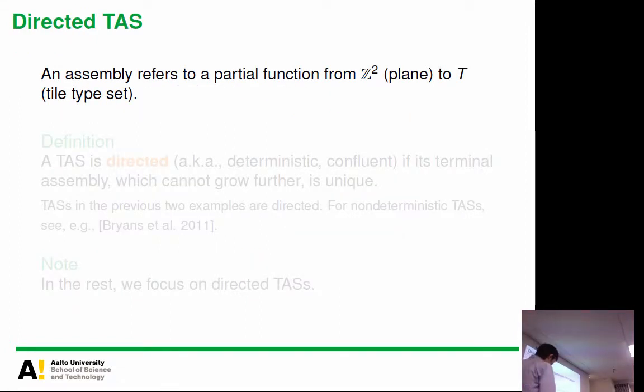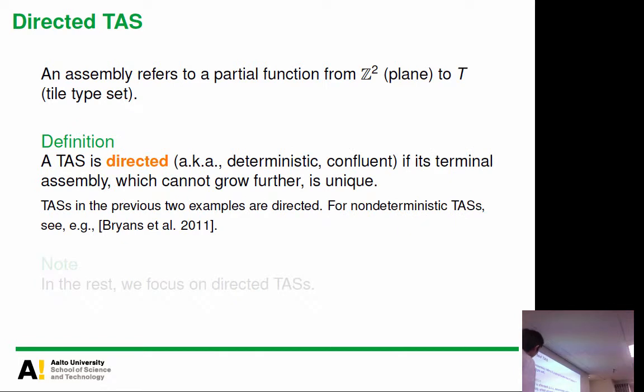All right. So I already mentioned the notion, but a directed TAS is just a TAS which is guaranteed to make a specific shape or pattern, but doesn't make anything else. That is the definition of directed ones. The motivation is that errors or undesirable patterns are just a waste of money. Okay, that's a very practical motivation. So we just talk about these directed systems in this talk.